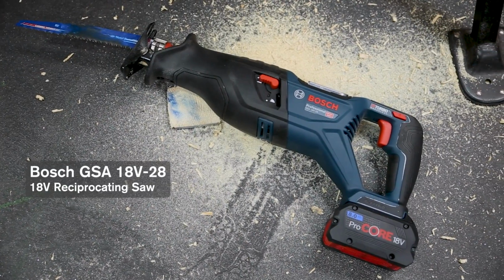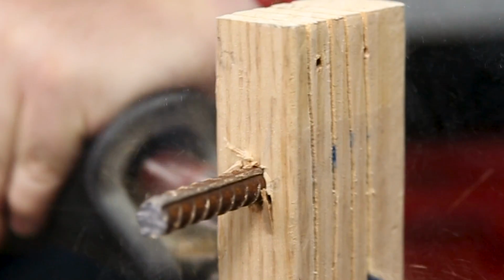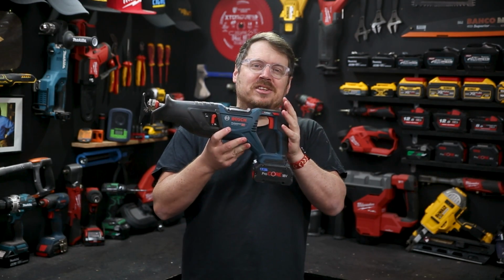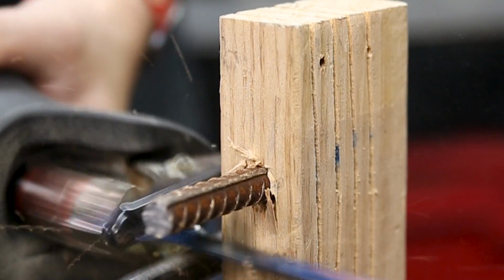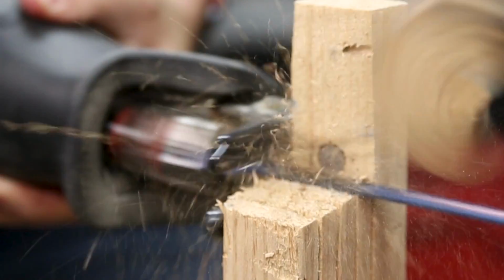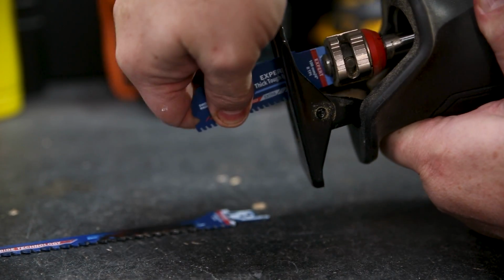This is the Bosch Professional GSA 18 volt by 28 recip saw. Now this saw is powerful using Bosch's Biturbo technology. If you pair it with a Procore 18 volt battery, you get the equivalent output of a 1100 watt corded tool. And up front, the blade holder's got a snap-in function, so one-handed you can both insert and eject blades,